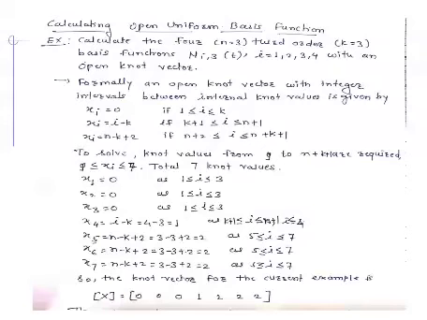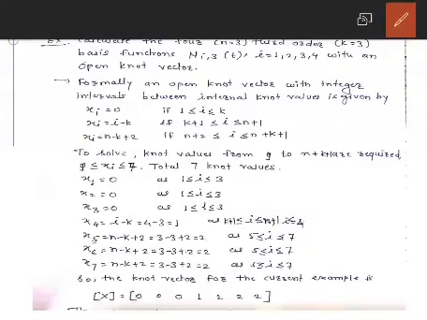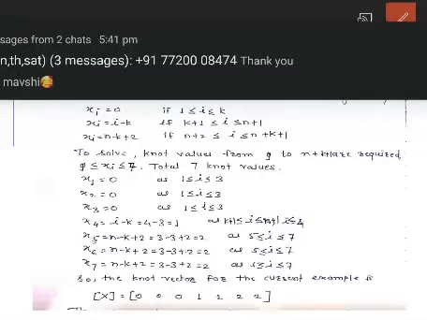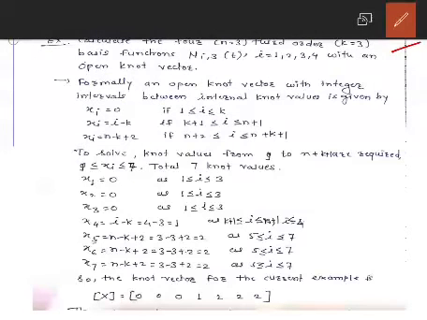Now see it with this example. So here we are going to find out the values. Considering 4 means n is equal to 3. Third order means k is equal to 3. Basis function we are going to see. Now see here, formally these 3 conditions we are going to check. Now start with how many xi values are there. Here again n is equal to 3. So 4 plus 3, total 7 knot vectors are there.